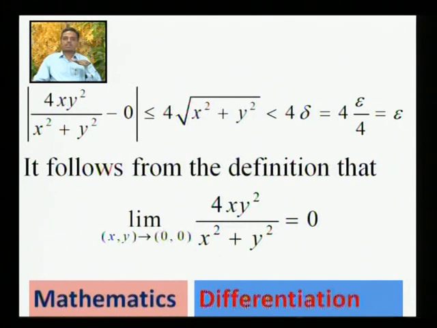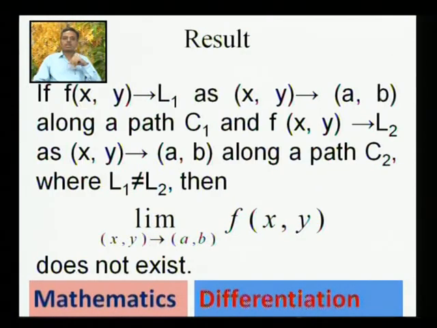So from the definition of limit, we get that the limit of 4x y square divided by x square plus y square as (x, y) tends to (0, 0) is going to be 0. So in this way we can find the value of a limit by using the definition of epsilon and delta. Now let us state this result. You take